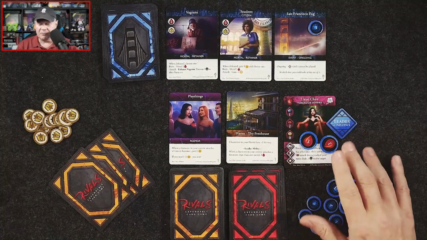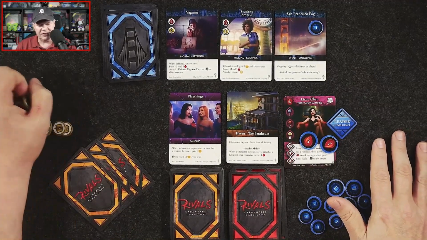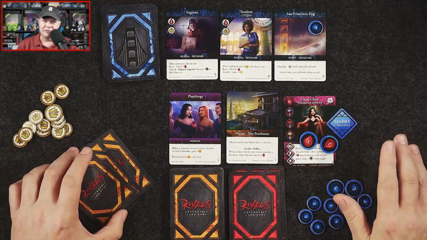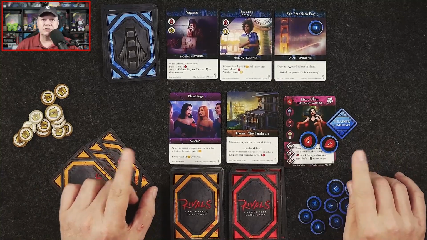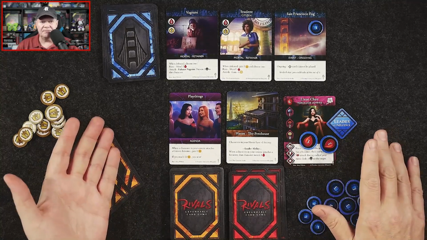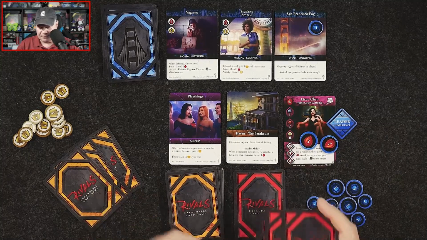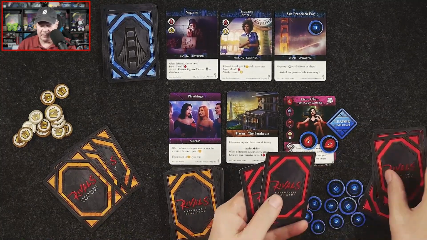So first off, component quality, pretty nice. Nice thick tokens here. Cardstock on the cards is fine. They are not linen finish or anything like that. Do want to point out, you are going to want to sleeve your cards because, of course, this is an expandable card game. You're going to be shuffling these cards. Also do want to point out, some of the cards had a little bit of